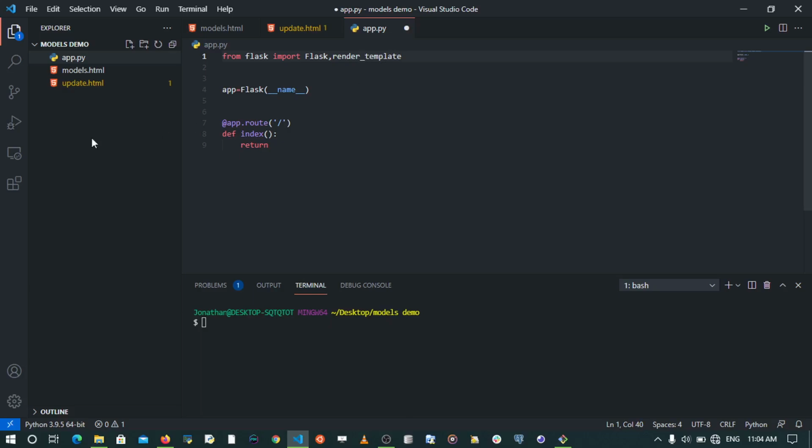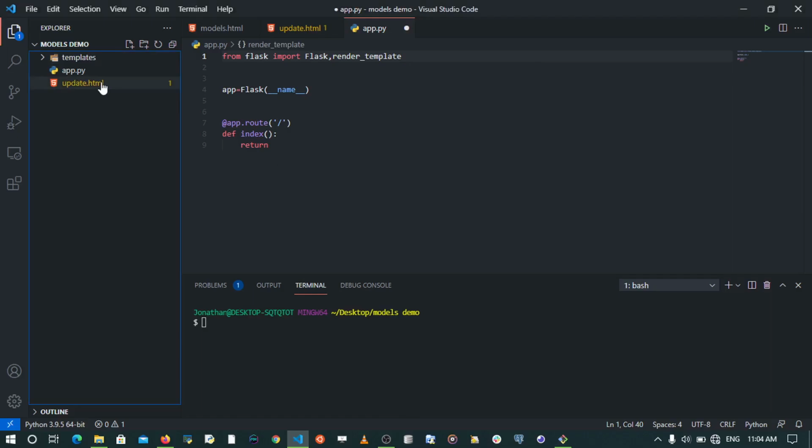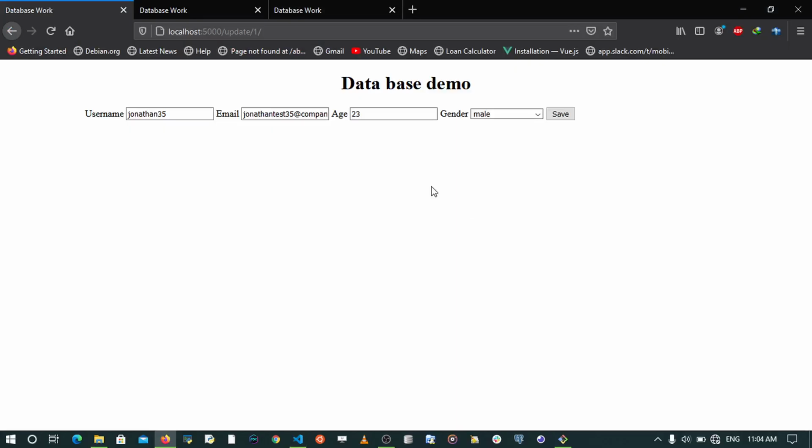And after that, we're going to create a templates folder right here. So I'm going to say templates. And after creating this templates folder, I'm going to move my HTML files. So I'm going to move them and also move this. Now, since we have this,